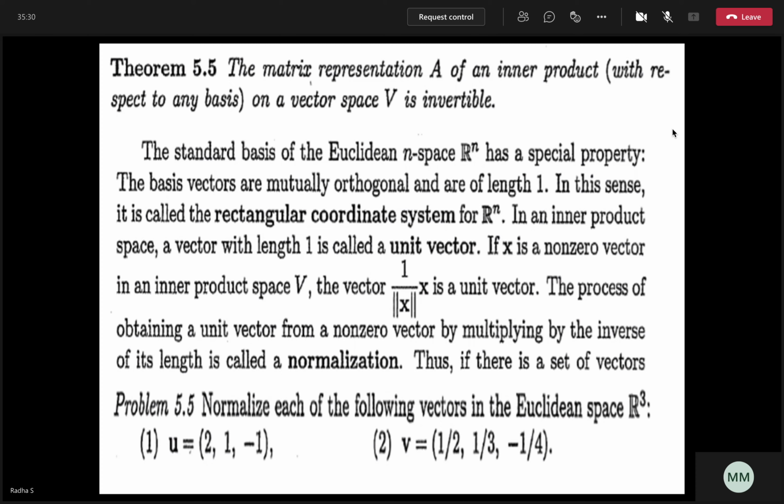I'll ask you something. Whenever x is a vector, what does the norm represent? You have studied this here. What does the norm mean? It is the root of the inner product of x comma x. So what is the norm actually? With respect to a vector, what does that actually mean?